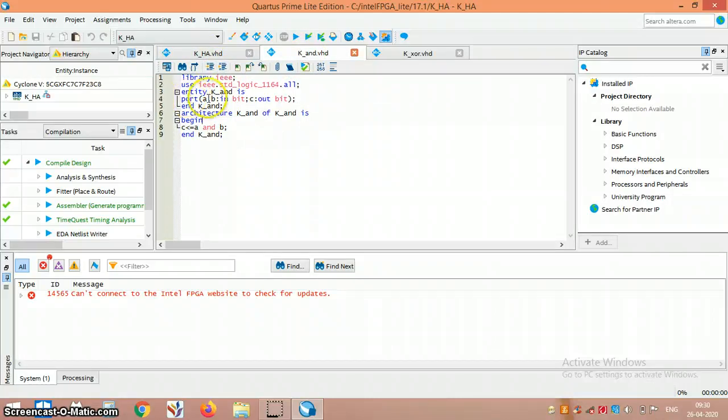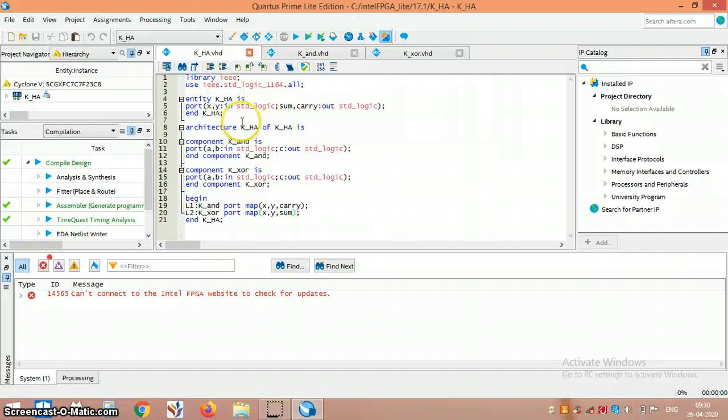I have used the entity A, B and C for the AND gate, same as A, B and C for the XOR. You can change the name of your entity. I have used the same, so for that reason you might get confused, but don't get confused. The same A, B I've used, you can use your own, but the mapping should be clear. So this is what you can do with the structural method. Now this is how you can make the half adder. Now how does this look, how does this run.